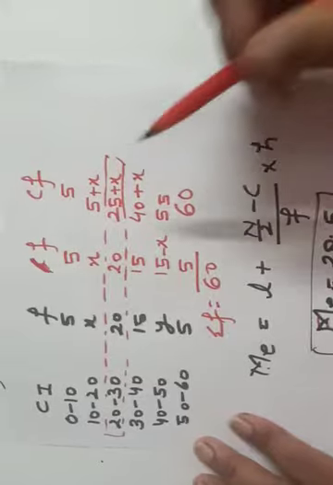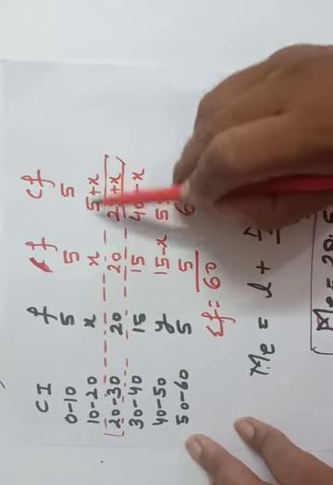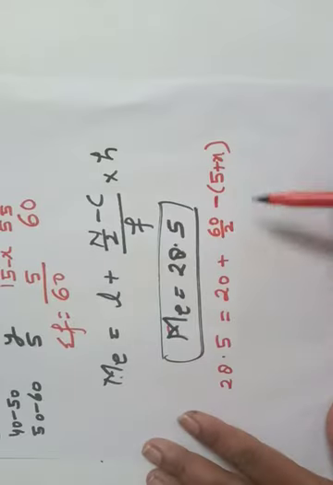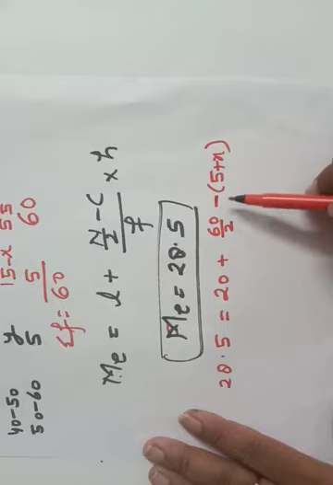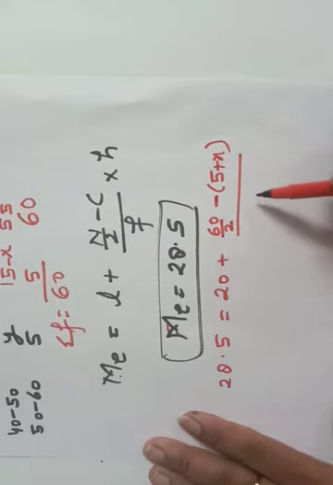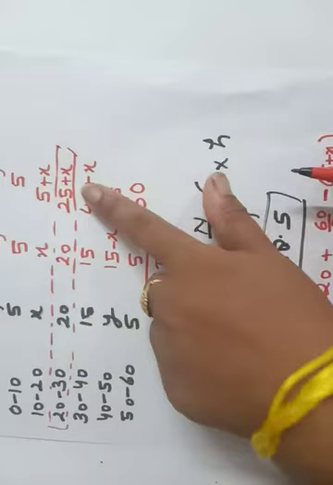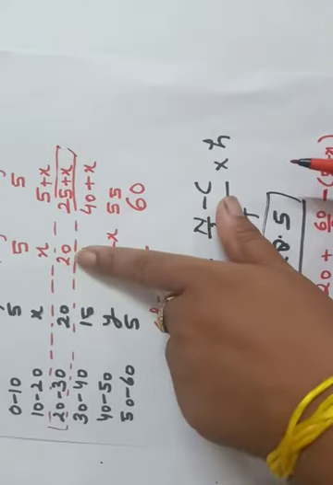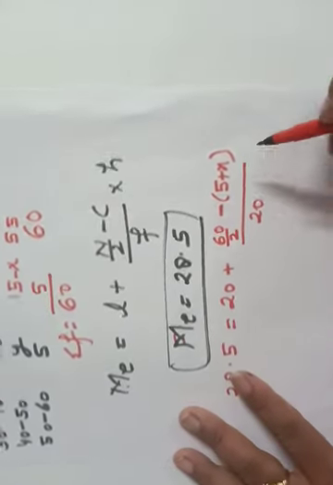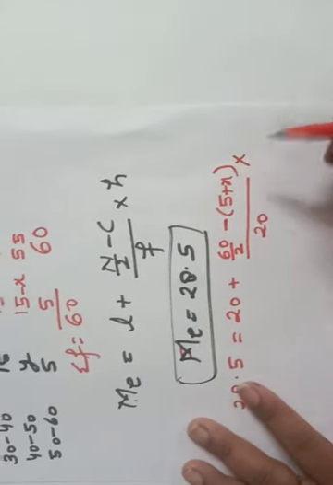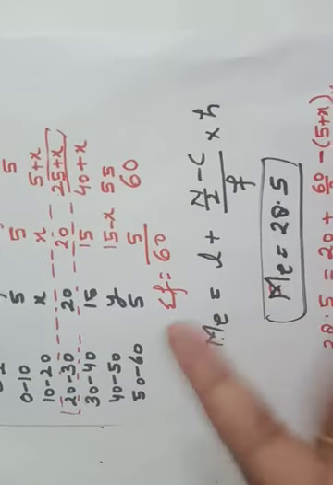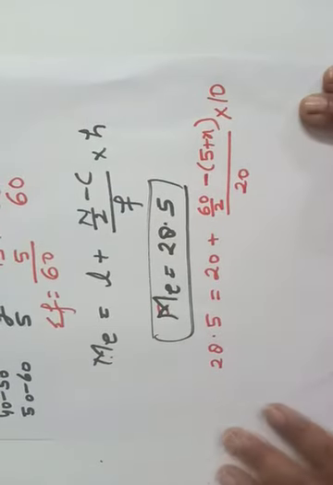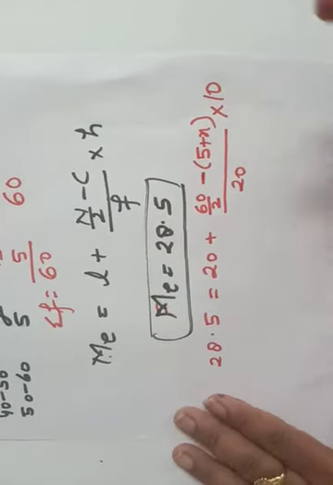You can see again, this is the median class, and the value of C is the cumulative frequency preceding the median class. So I have put it here in the bracket, and that is very important because the minus sign is there, upon F. F is the frequency in front of the median class, that is 20. So here it is 20 into H, the width of the class interval, that is 20 minus 10, 30 minus 20, that is equal to 10. So we have got all the values that are required in the formula.